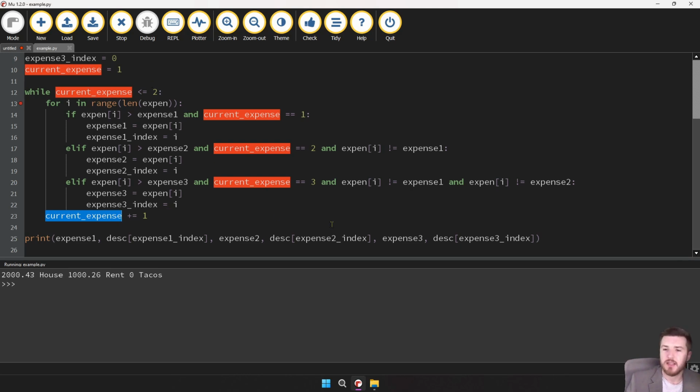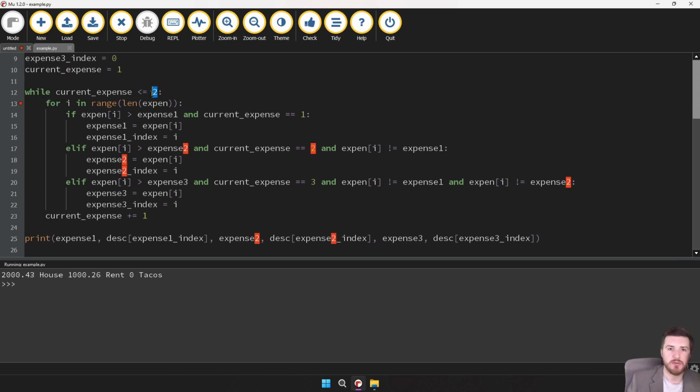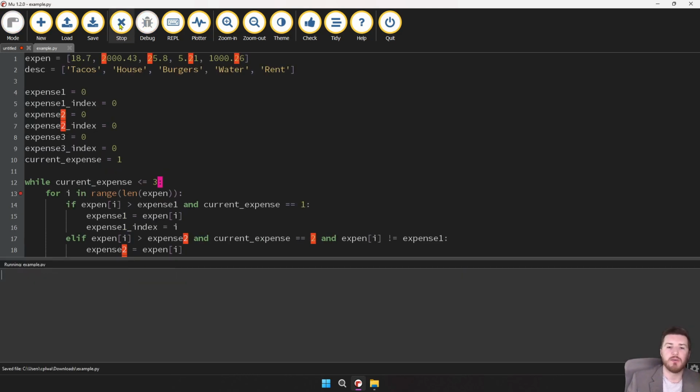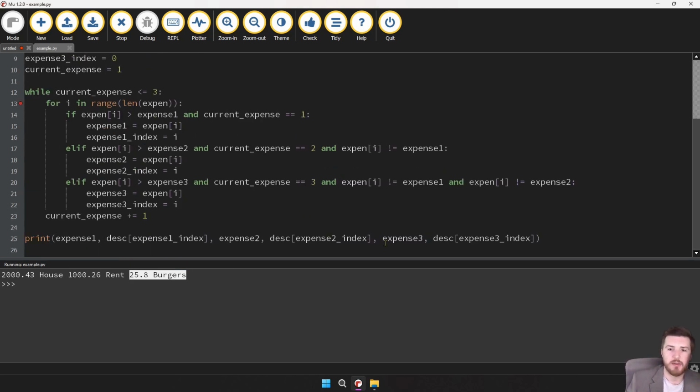Oh, it's never getting updated because our while loop is while less than or equal to 2. We need to change that to 3. And now it will work. Okay. So now we've got 2,000 for the house, 1,000 for... Oh, dang it. I hate when that happens. 2,000 for the house, 1,000 for rent, and 25.8 for burgers. Okay. So, I mean, it's not pretty, but